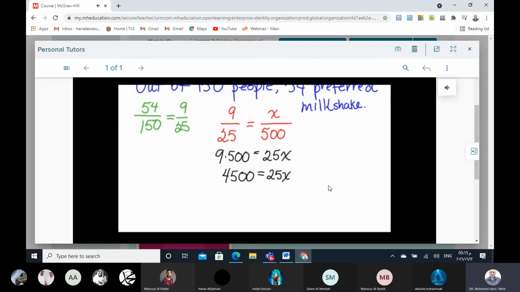Using the division property of equality, we can divide both sides of this equation by 25. 4,500 divided by 25 is 180, which means the store or the ice cream shop should expect